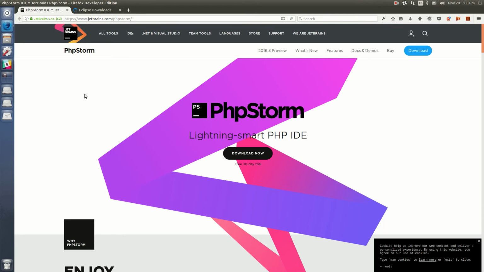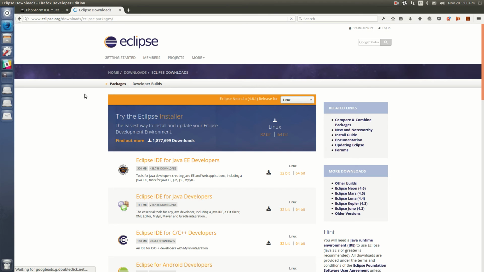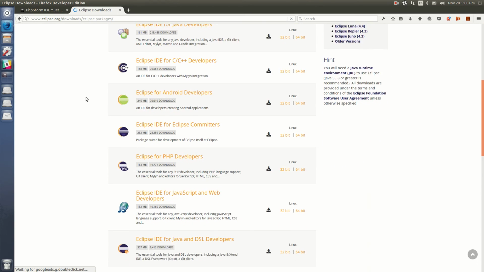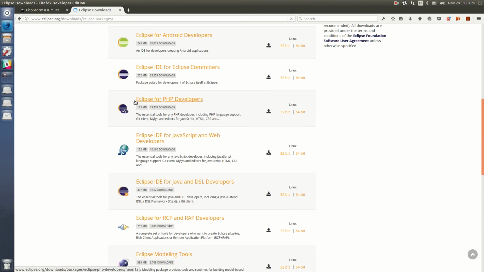customizable, everything. The second IDE is called Eclipse. Eclipse is a free alternative to the paid PHPStorm, and while it's not as fully featured as PHPStorm, Eclipse is still a very powerful and very good development environment. Now you may know Eclipse as a Java IDE, however the folks over at Eclipse also have a PHP IDE, which is also extremely powerful and is a great entry-level option,